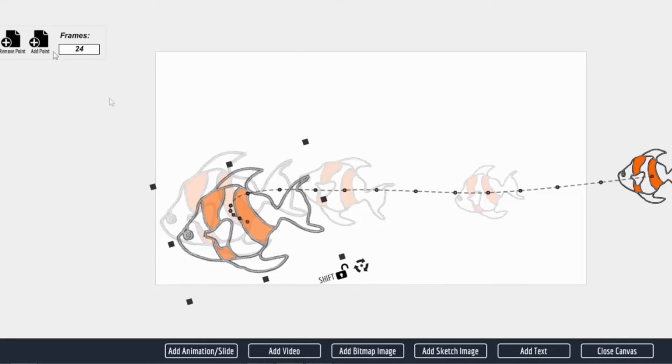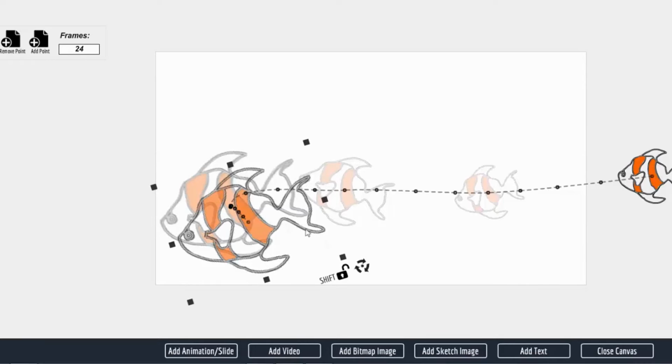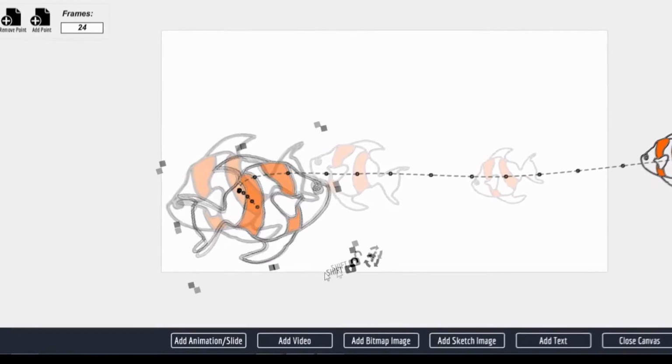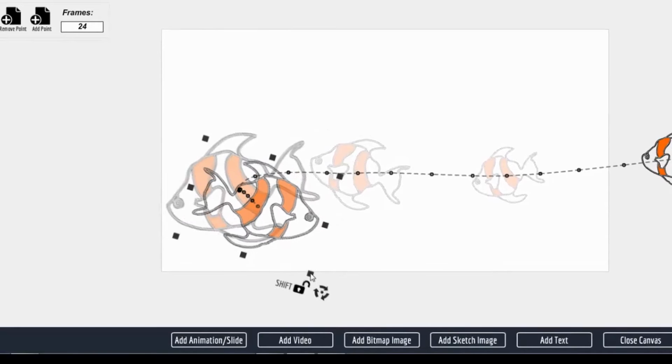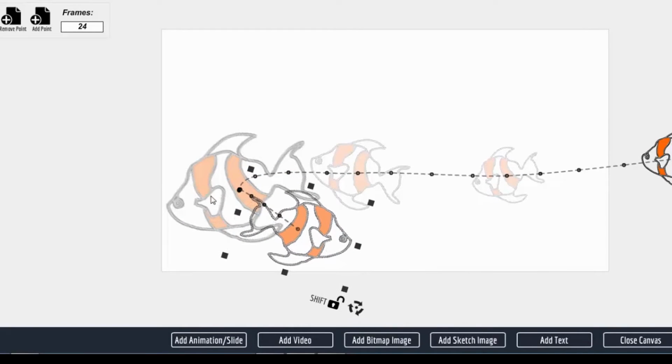So we're going to make another fish here, and I'm just going to stack this right on top of the other one, and it's going to sit there for a second. Then I'm going to add another point, and I'm going to flip that one around. So now I can turn it down and make it smaller a little bit and have it pointing down here. So it's going to stand here for a second, then it's going to flip and turn this way